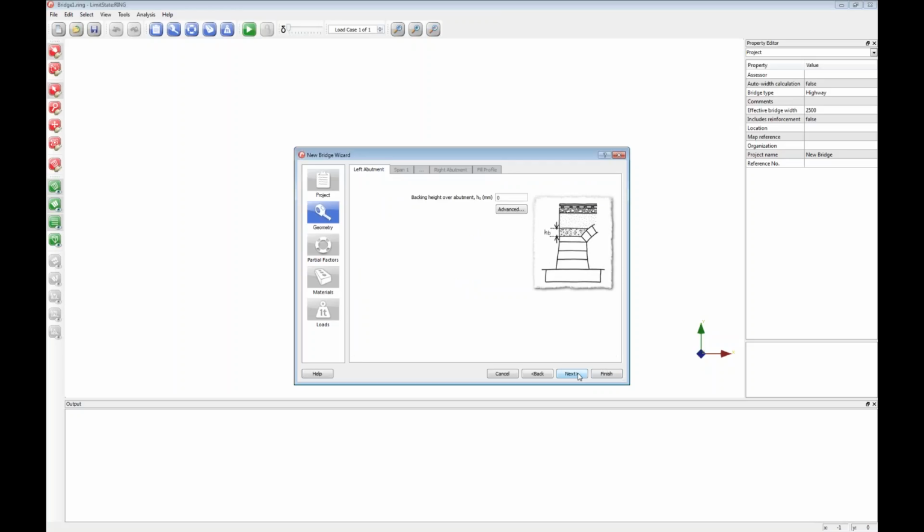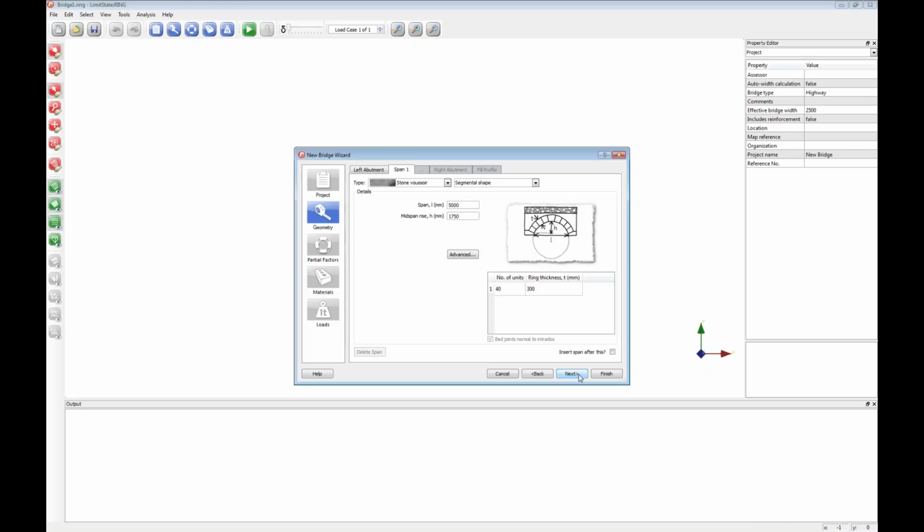And then we move on to the geometry definition. What we can do is explicitly define an abutment. This is particularly for end standing abutments where, for example, we may have a beam span adjacent to the end of a multi-span or a single span masonry arch. For now, I'll keep that default, so I won't model that abutment explicitly, and I'll move on to definition of